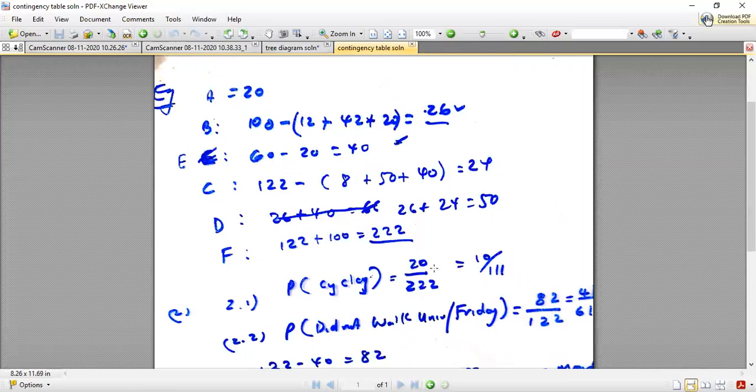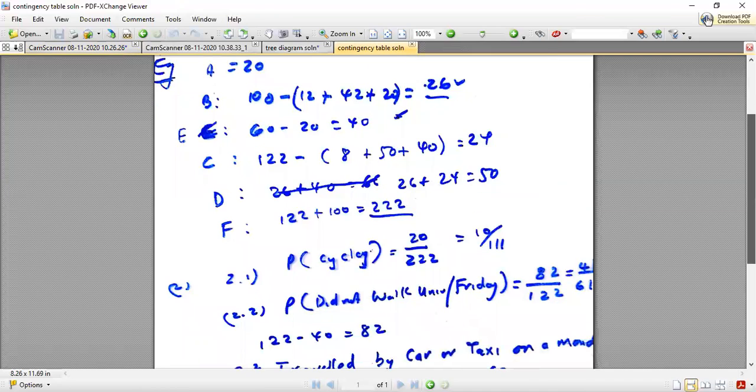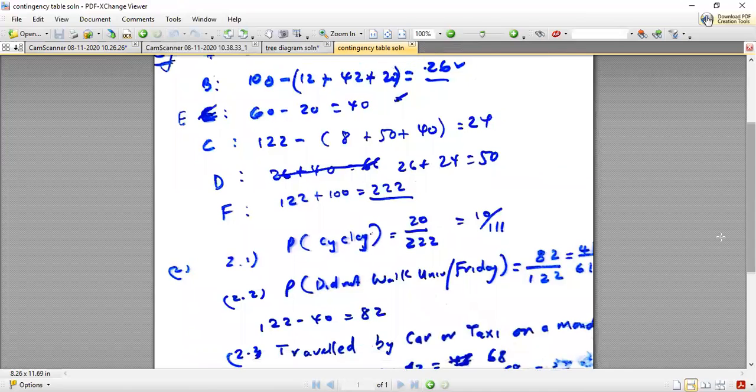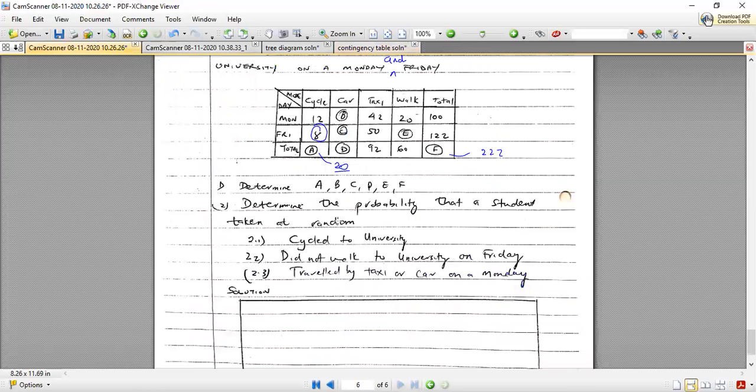Student asks, do we need to simplify? Yes, I think you should simplify your fraction. Your calculator would give you the simplified version also. So there is an answer for the number of students cycling. Let's go back. Cycling students, 20. Total number for the 2 days is 222. And that would be